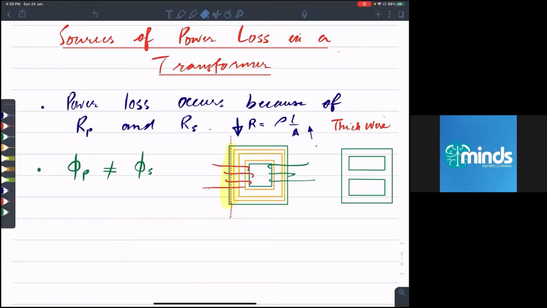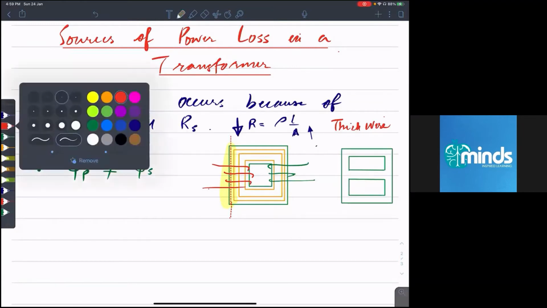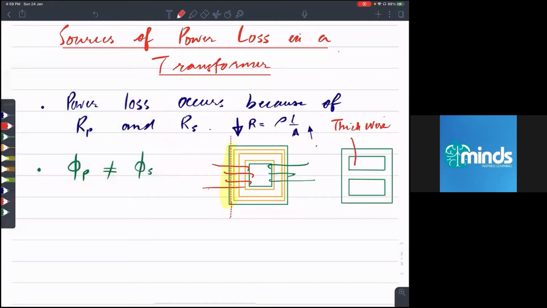We use a core like this. And what is the advantage of it? We will take a wire and we will make the winding of primary coil. Then we will take another wire and we will make winding of